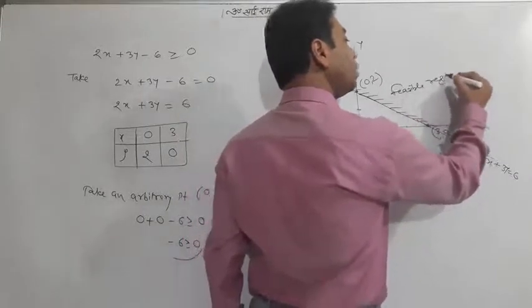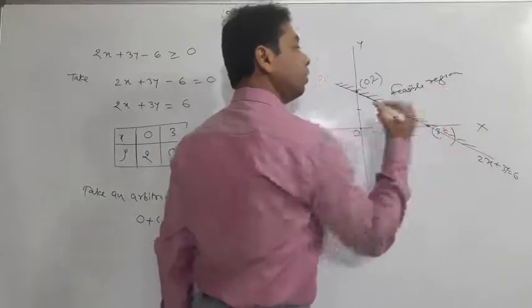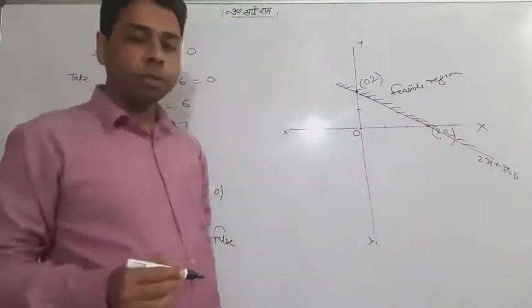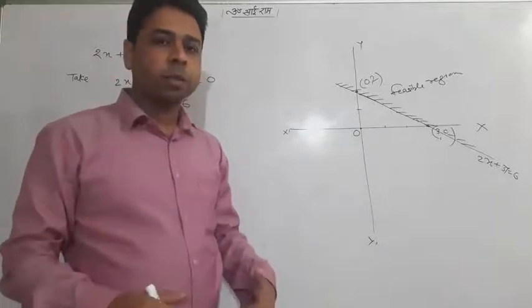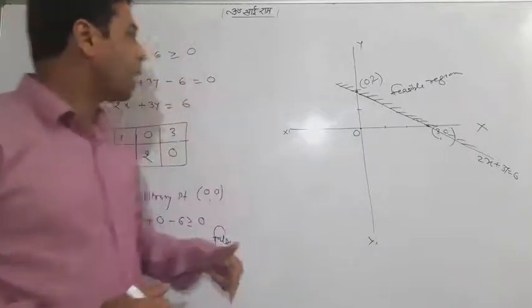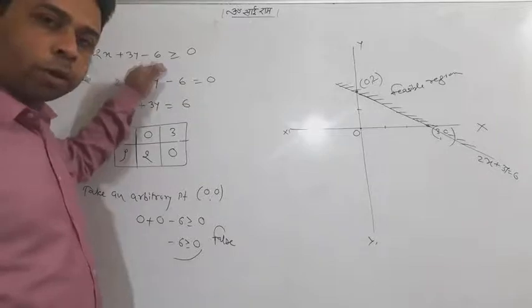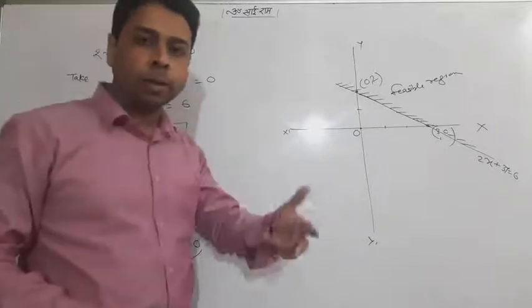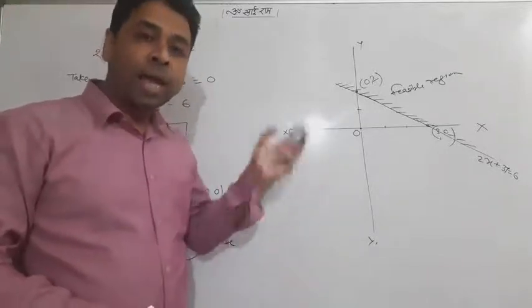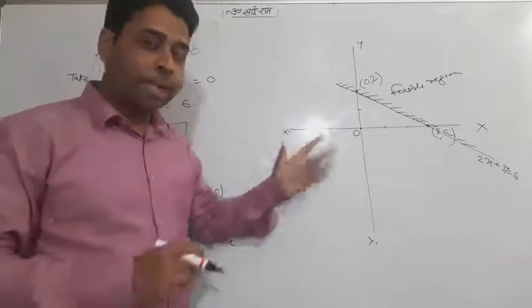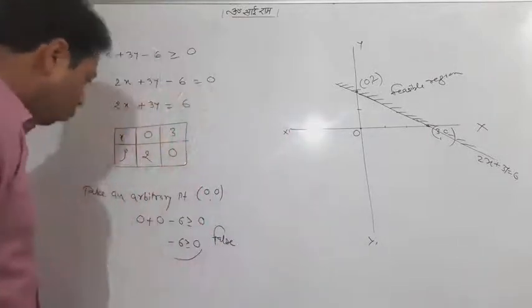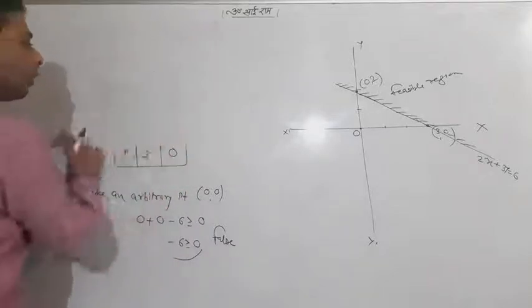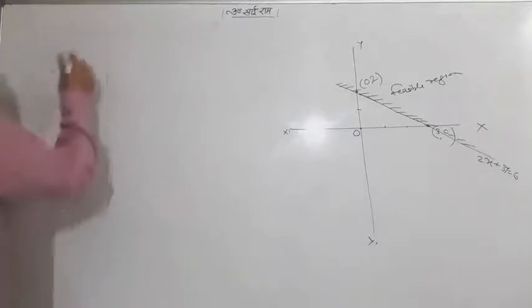Feasible region. Keep in mind that this is called a feasible region. In this class, we will be given more than one inequality: two inequalities, three inequalities, four inequalities. We all have to draw them in a single graph, same as you did in class 11th. And we would have been provided